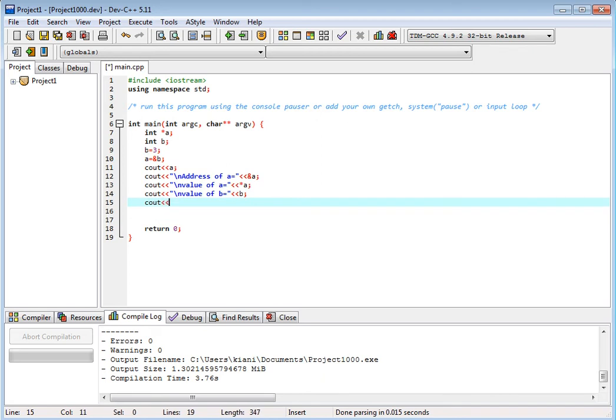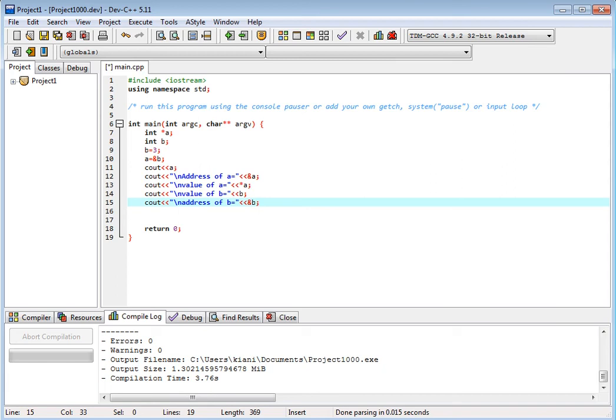Ampersand b. Cout backslash n, address of b is equal to ampersand b, okay.